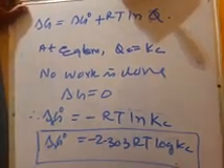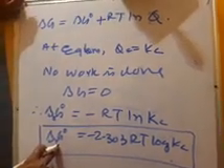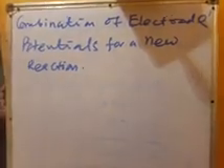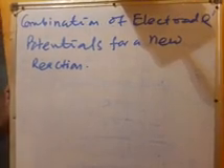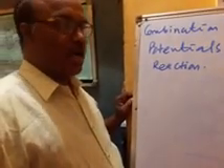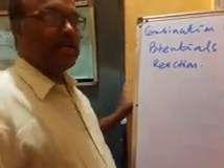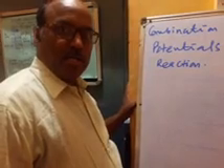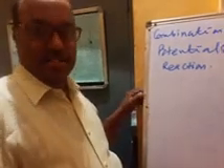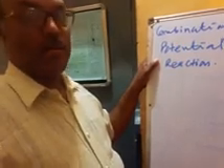So it is also another expression for calculating the equilibrium constant when the Gibbs energy change is directly given, which is also related to your thermodynamics. The third part is the combination of electrode potentials for a new reaction. Students, you know that electrode potentials are not additive. They are additive only for half cell reactions to give the overall reaction for a cell. It is because it is an intensive property, so in case the half cell reactions give rise to a third reaction, the electrode potentials cannot be added.